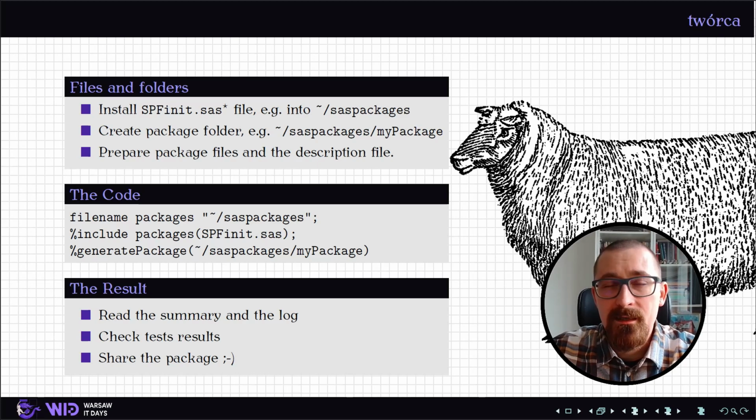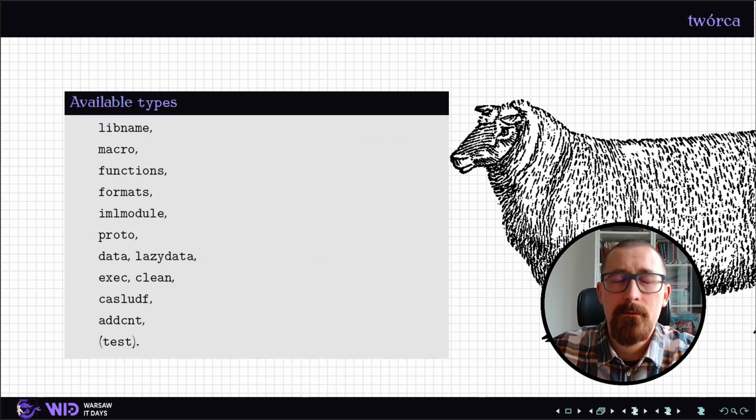And now I said something about preparing package files and the description file. A few words about those. First of all, the files. Basically, the idea for creating a package goes in line with the standard SAS macro strategy for SAS Autocall, which says one file, one macro, file named the same as the macro name, and basically this continues not only for macros but also for files creating libraries, functions, formats, for IML modules, for FCMP functions, I already said that,